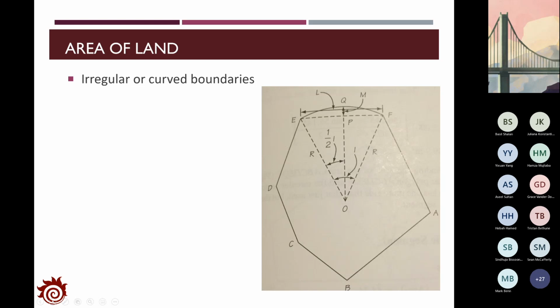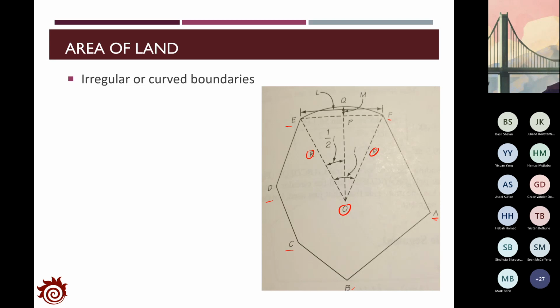If we are provided with the interior angles and also the radius of the curve, we can calculate the areas accurately. We don't need to apply any approximation. For example, if we want to measure the area covered by the lines A, B, C, D, E, F, and the side E to F is a curve, we can then think about how to estimate the